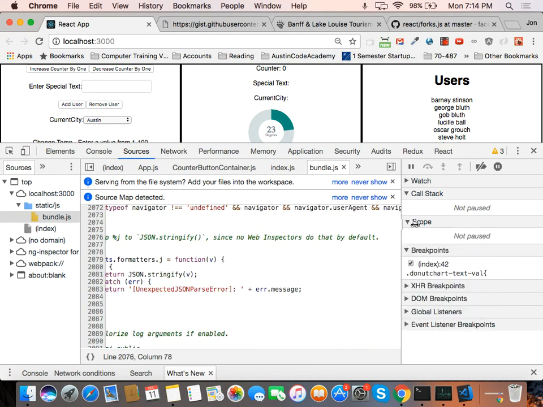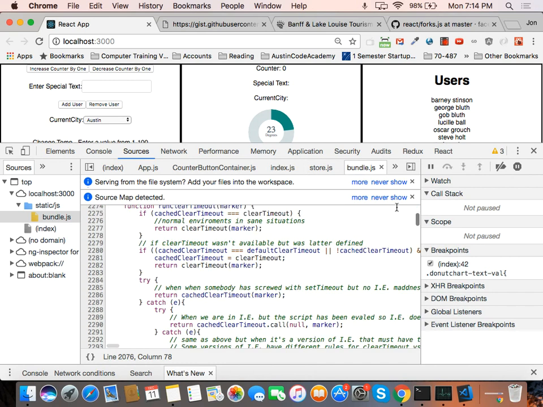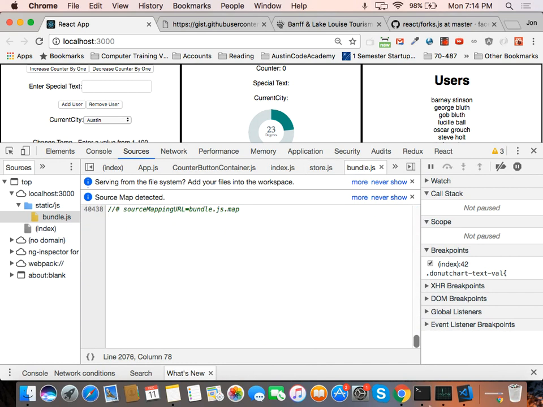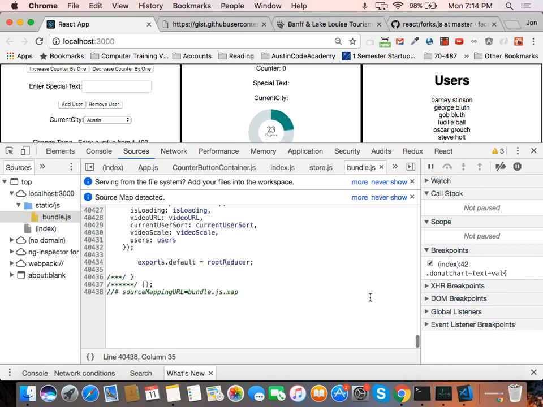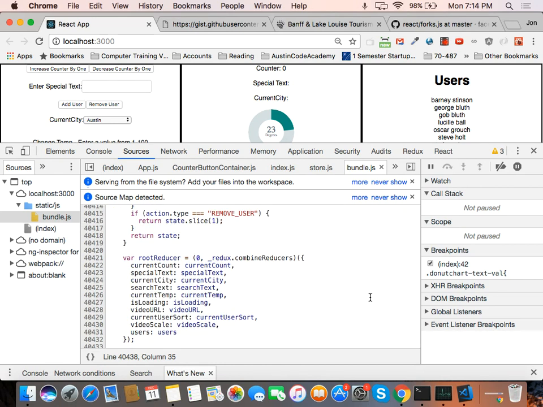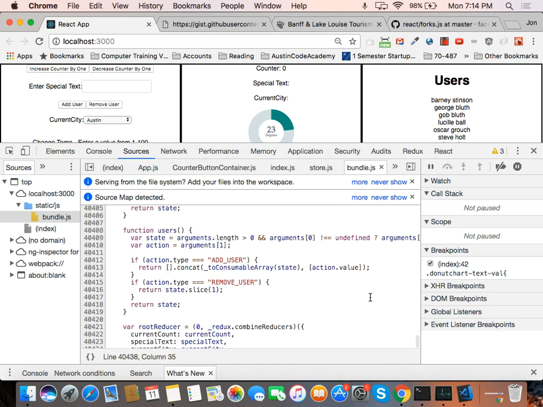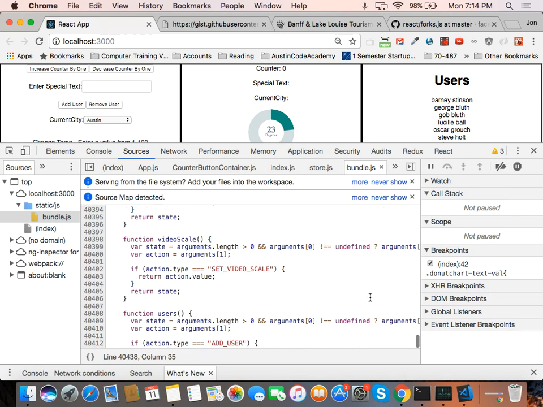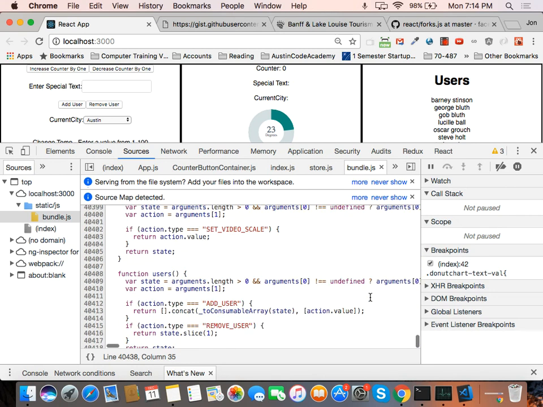And then you don't really know where the start is, but it's usually at the bottom. At the bottom, I can see things I recognize, like the reducers,